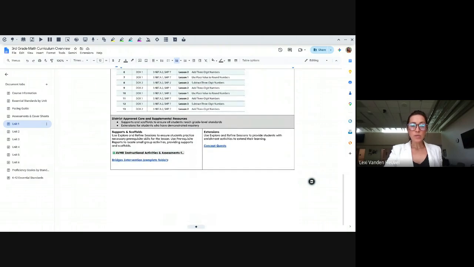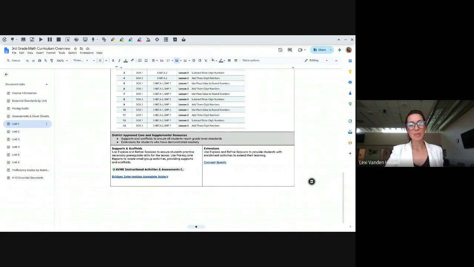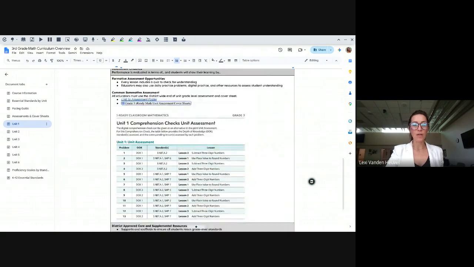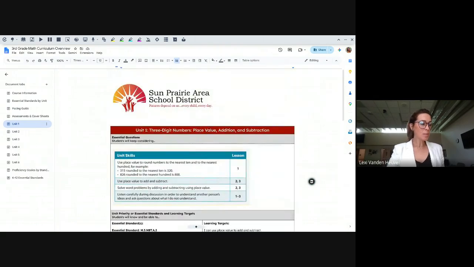A couple other resources here at the bottom of your curriculum overviews within those units, some continuing resources that we've had in the past as you continue to learn about all of the things that iReady will offer you. So that's a little bit about our curriculum overviews, our common assessments, and our cover sheets. The other piece I want to share with you for math